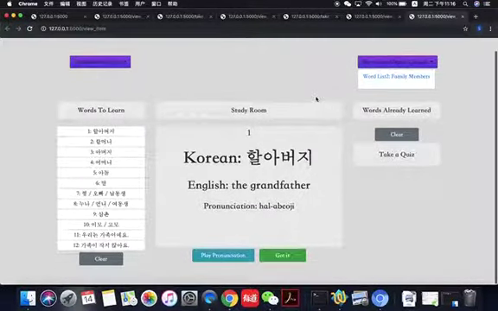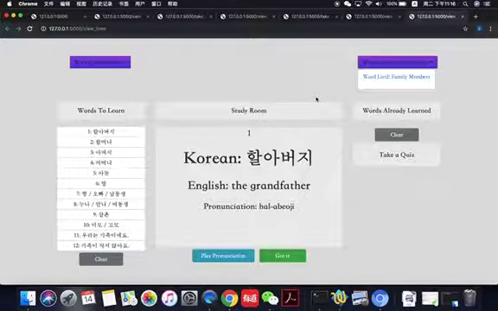Now I found this website is pretty useful for me to pick up a new language. It's like